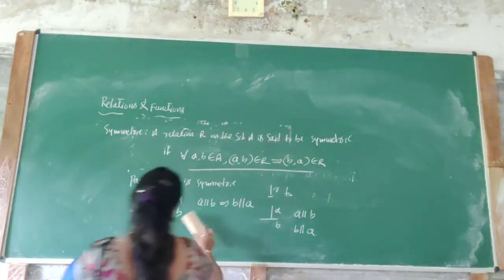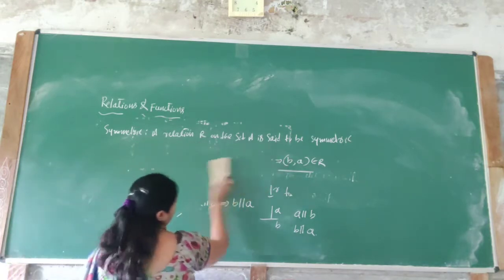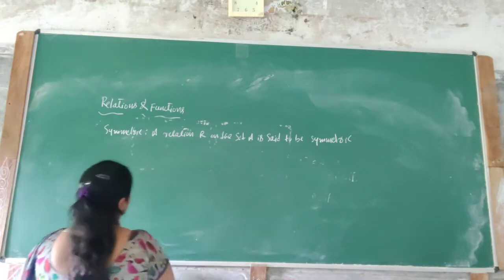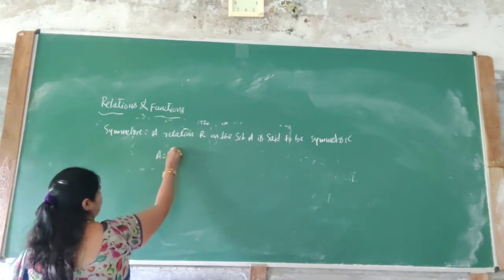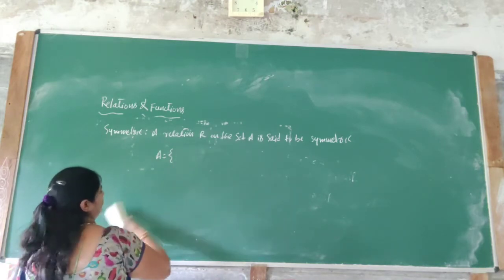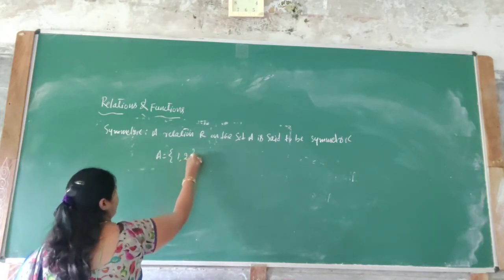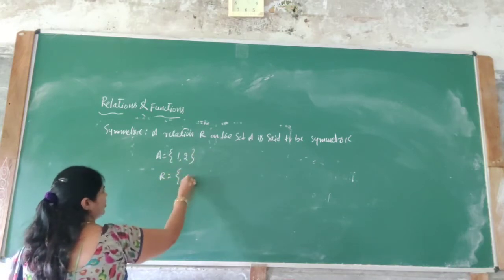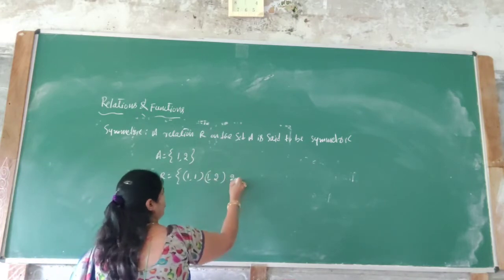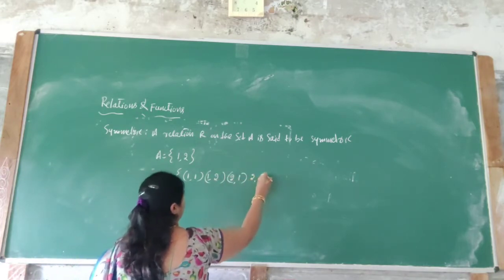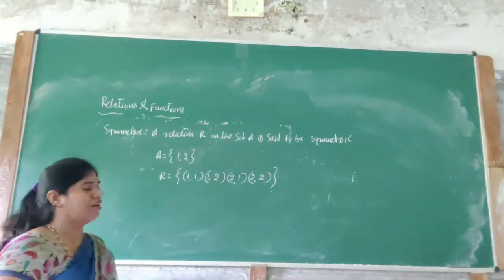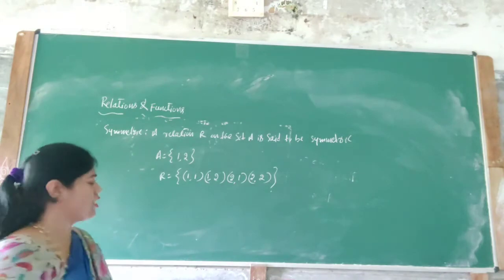For example, A is equals to 1, 2. We can define the relation R as (1, 1), (1, 2), (2, 1), (2, 2). Is it a symmetric relation in this R? Yes, it is a symmetric relation because